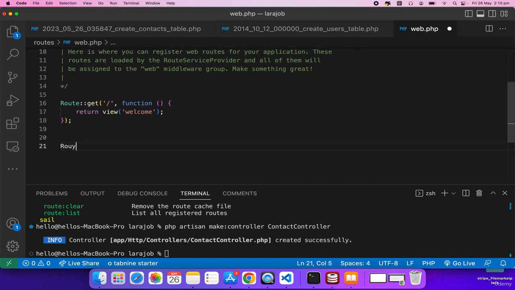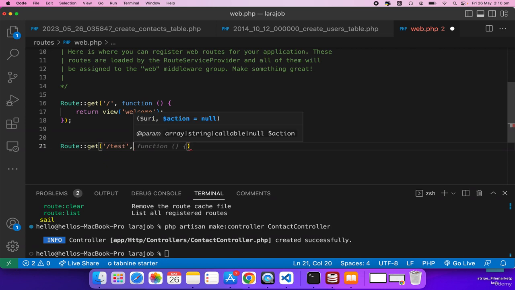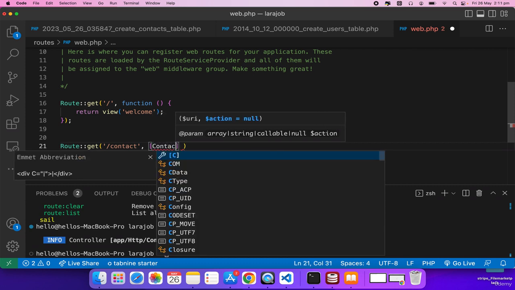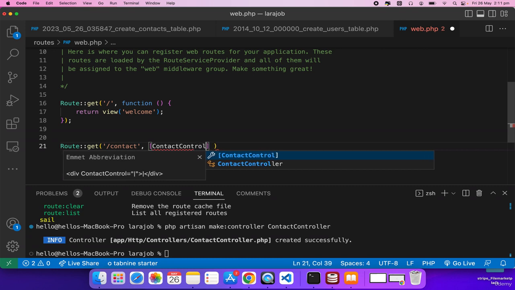So Route::get, and here we'll write a test again, and let's say we write a contact, and we want to use the contact controller which we have created, and then we'll give an array something like this, and then we'll write ContactController,